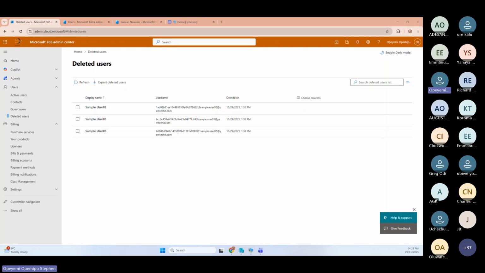Now, thank you for that question. When you permanently delete a user, just like what you said, can you still create that user? Yes, you can still create that user with that same name in your organization, because you have permanently deleted that user. But if peradventure,